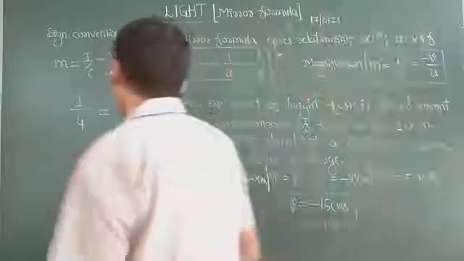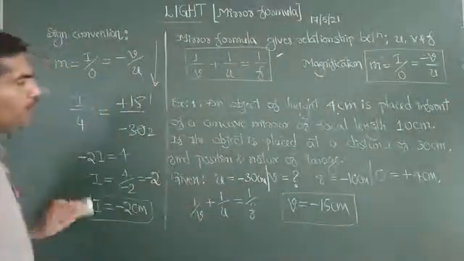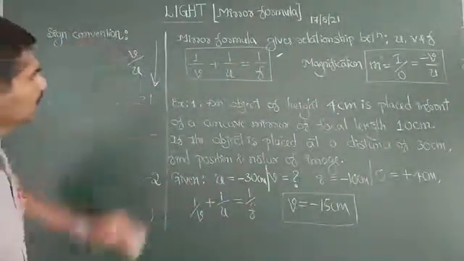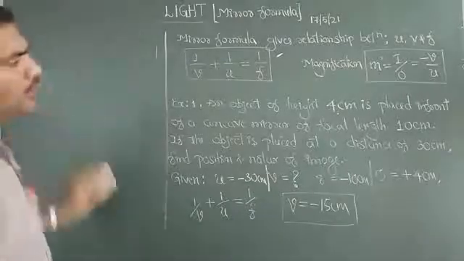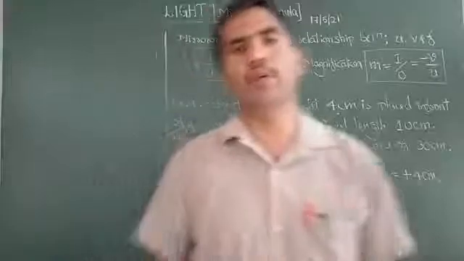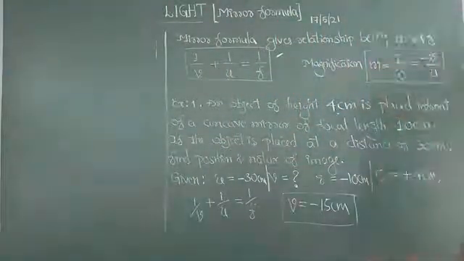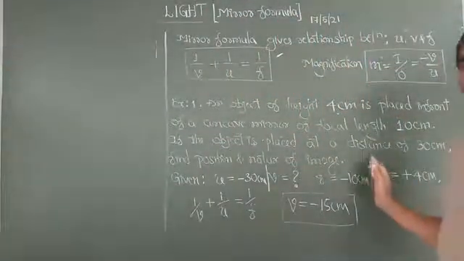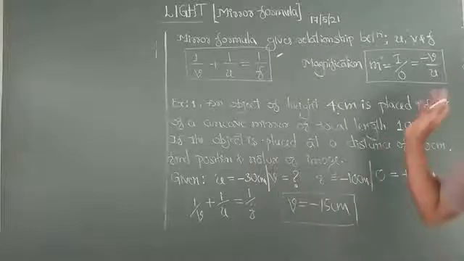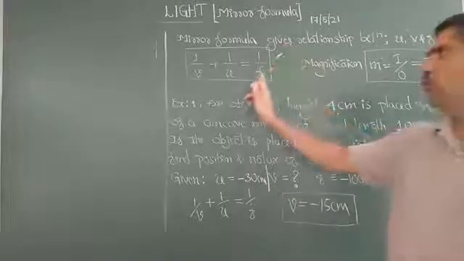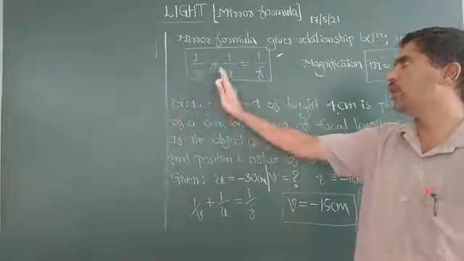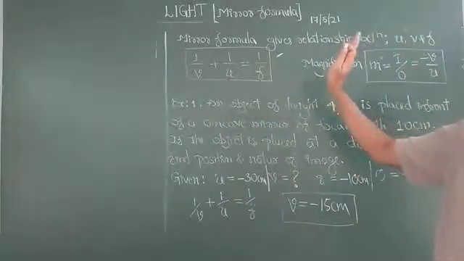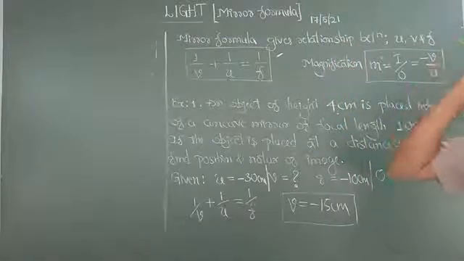So this is one problem I am trying to explain in a simple way. But even then, with a single problem it becomes difficult for you to understand. So you may have to solve 2-3 more problems in the next class, to understand how to use the mirror formula to calculate either the distance of image, distance of object or the focal length, even the magnification. So this is all for this class.